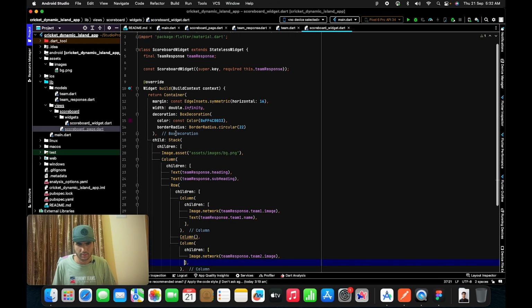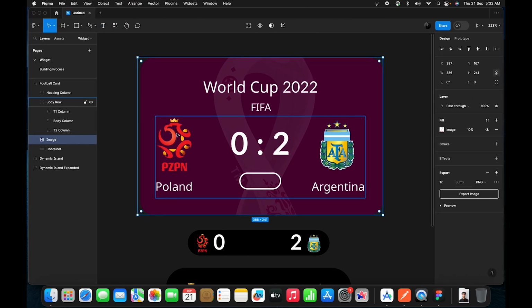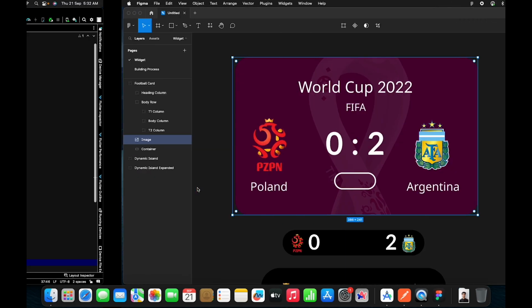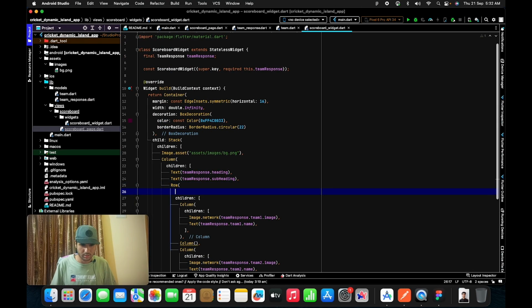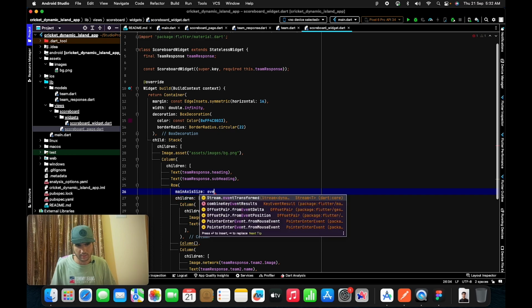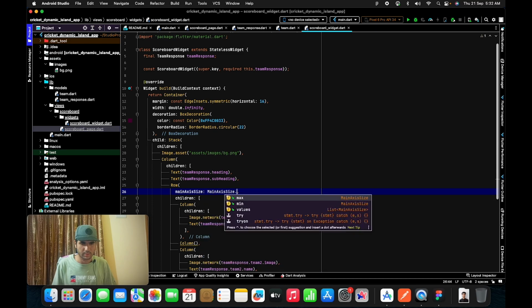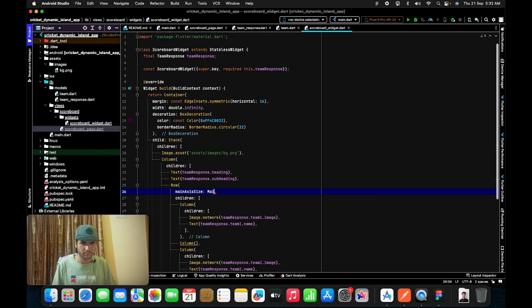Yeah, perfect. So both sides are done. Let's make this row as main axis evenly. MainAxisSize, MainAxisAlignment.spaceEvenly,